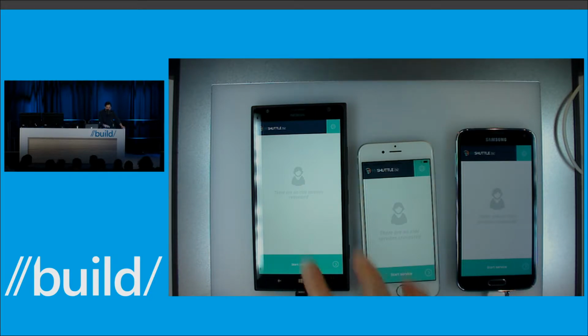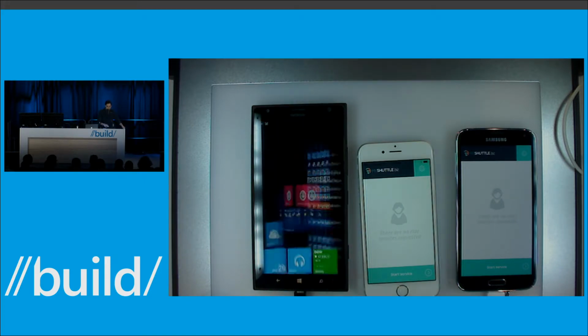Now, so what you'll see here is that the app looks and feels exactly the same across the different devices. Now, for this app, because it's for the employees, my employees of the My Shuttle service, I want that app to have the same look and feel across the different devices because of training purposes, because of support purposes. I actually want to keep the costs down for this particular device, particular app. So for this one, we're using tools for Apache Cordova.